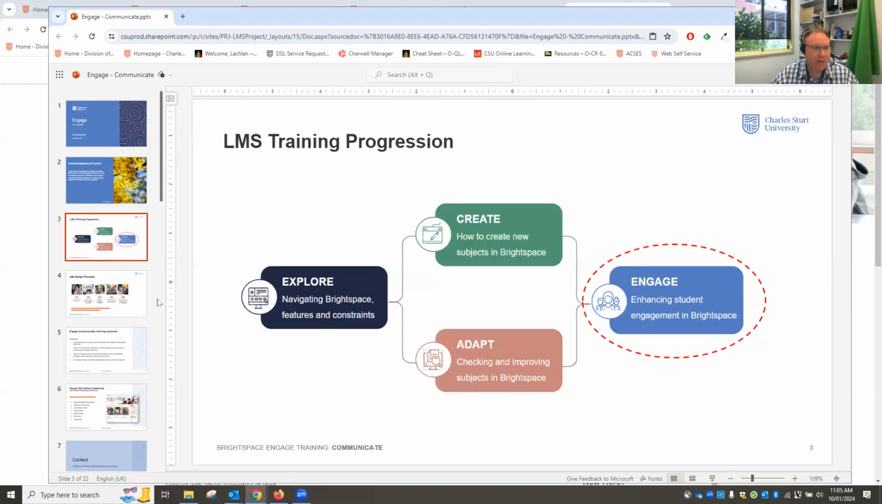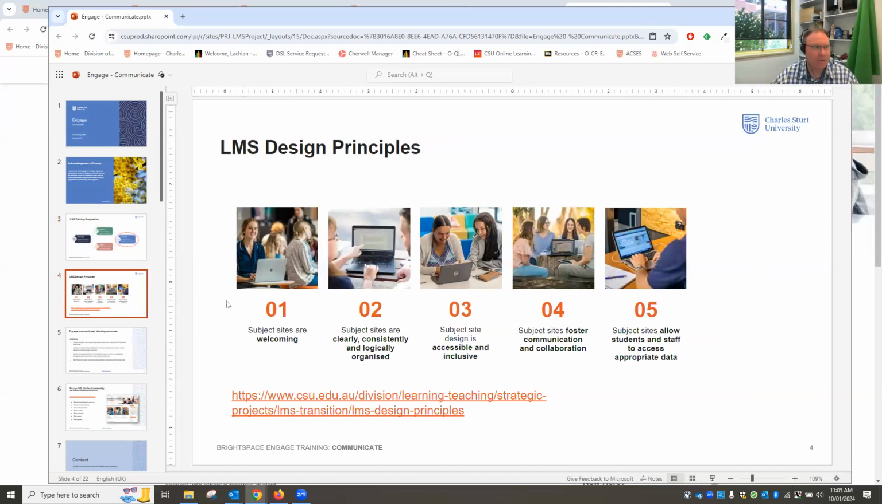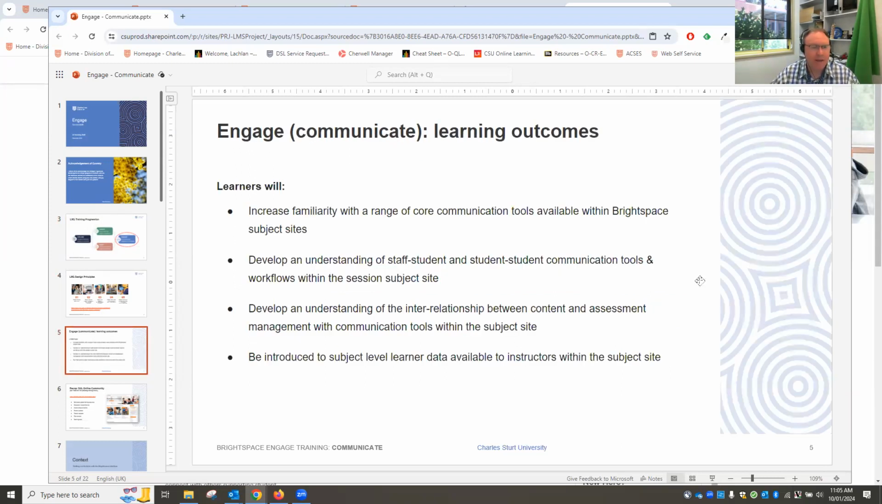I won't talk too much about where the training sits. We did that this morning. Engages at the end. We're dealing in session subject sites, not master subject sites. The LMS principles underpin the work that's going on, and usually the way that we assemble subject sites in terms of interface and content. The Communicate session that we're looking at today really focuses in on, as I said, the